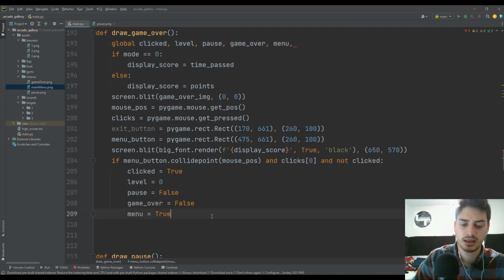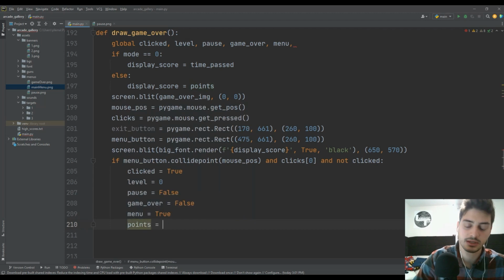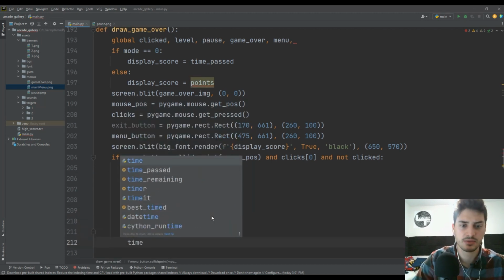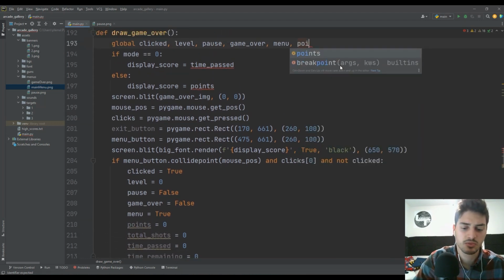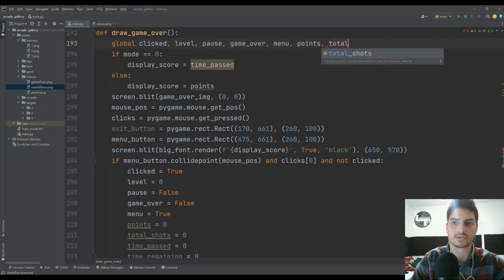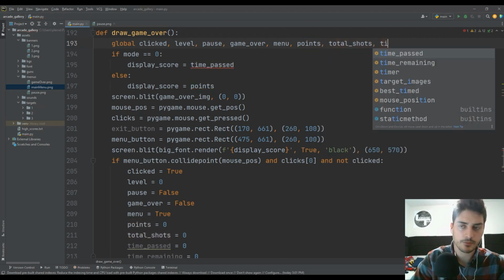Menu, and then we want points to be equal to 0, total shots to be equal to 0, time passed equal to 0, time remaining equal to 0, right? So let's go ahead and say menu is coming in, points is coming in, total shots is coming in,